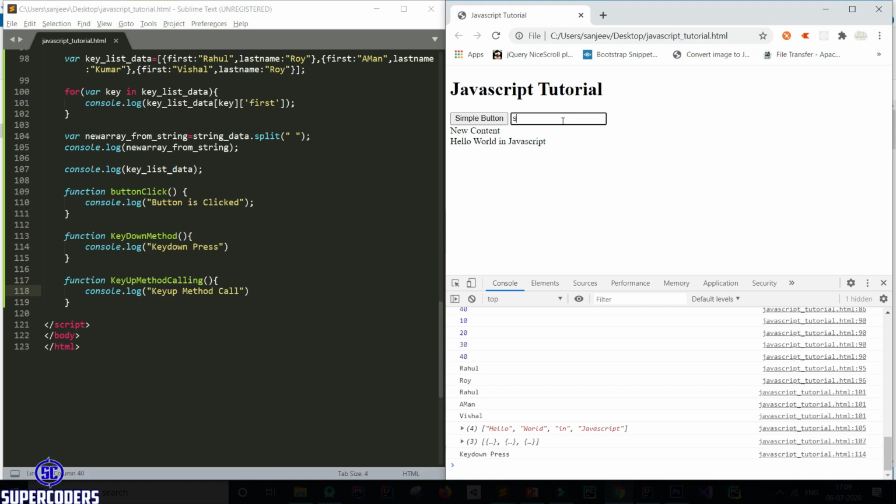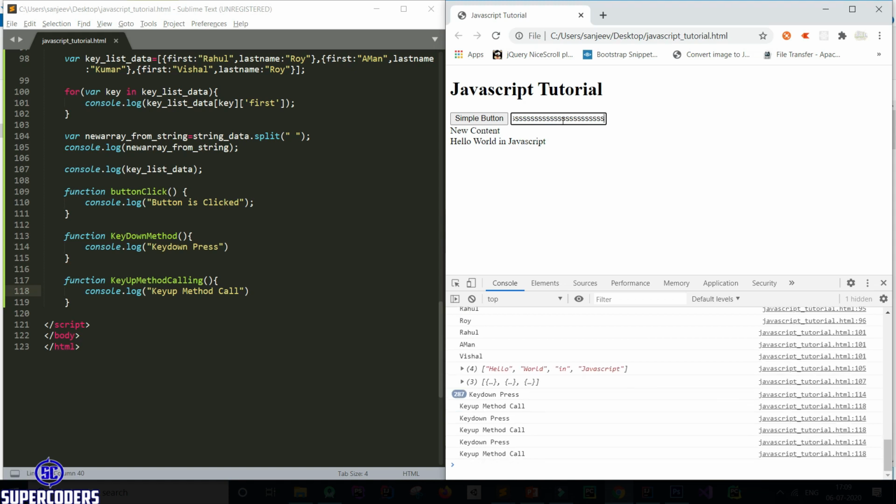Let's create. So you can see if I am pressing a key, it's showing key is pressed. When I leave my keyboard, it will show the key up event. When I press a key, it shows key down. When I leave the key, it will show the key up event. So these are the methods keydown and keyup.